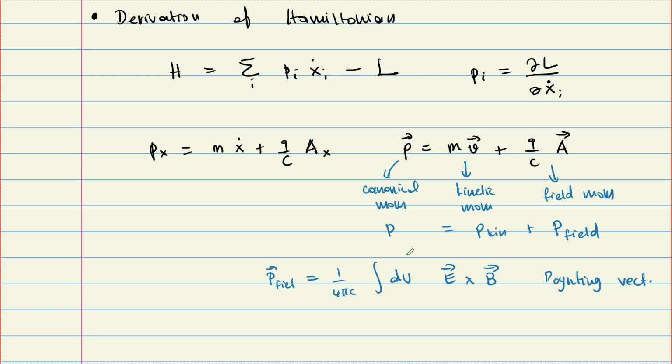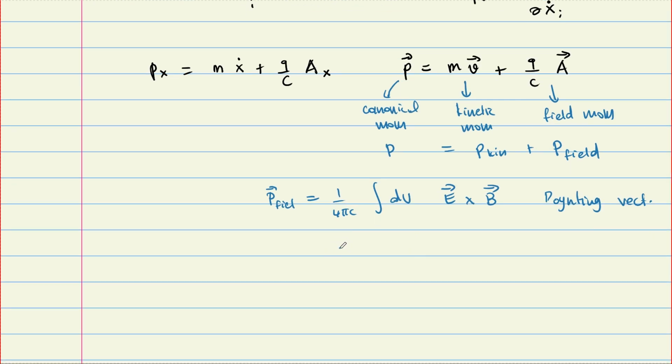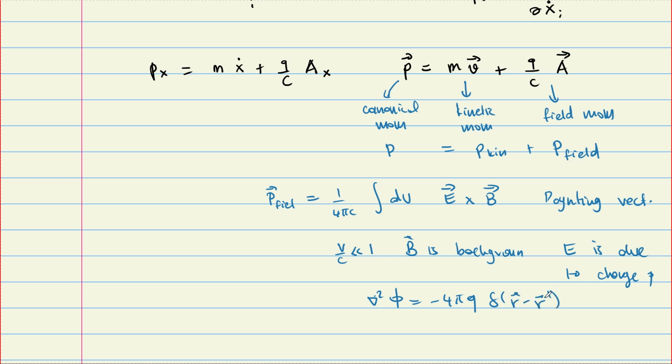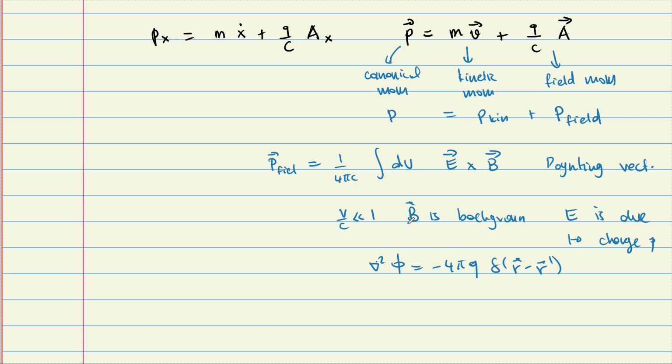If we assume here a slow moving charge, v over c much smaller than 1, and B is background, and E is due to charge Q, which means del squared phi is going to be given by minus 4 pi Q delta(r minus r prime). And if you substitute this, of course B, which is curl A, so this is going to be